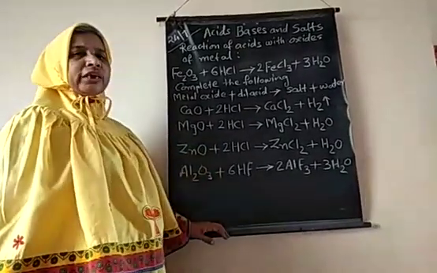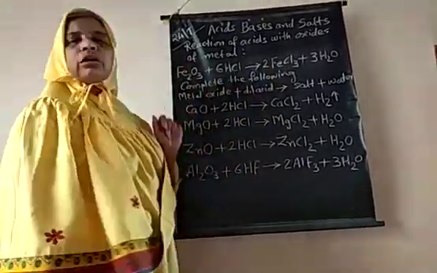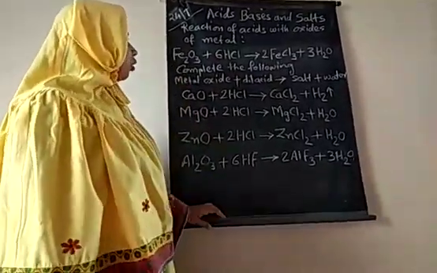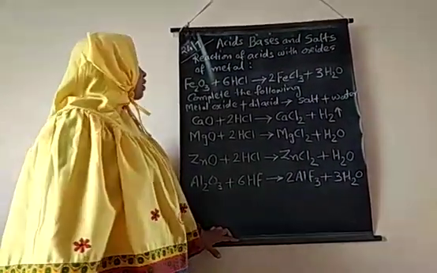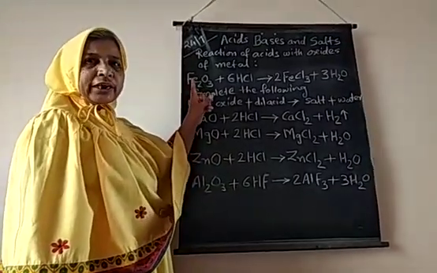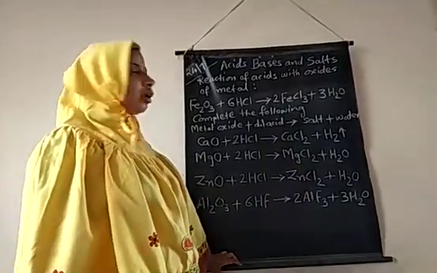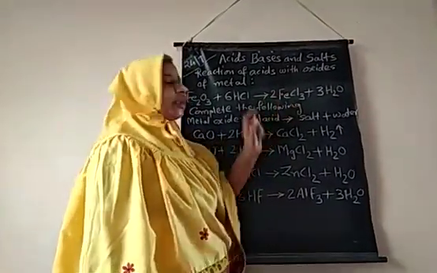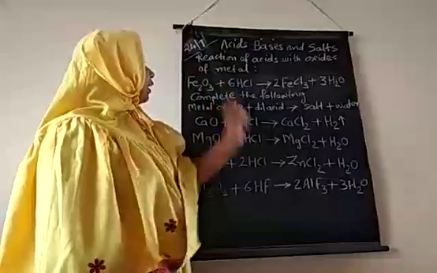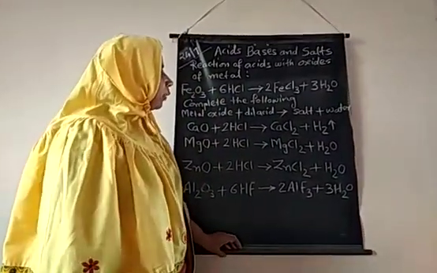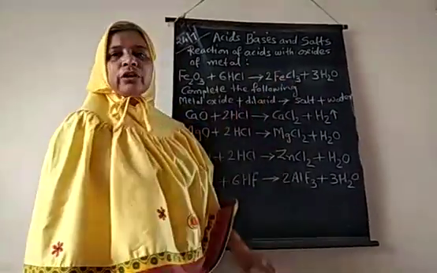Ferric oxide, this red oxide, is insoluble in water. So when we add water to ferric oxide, it does not dissolve, but it is soluble in acid, and it forms a corresponding soluble salt, that is ferric chloride, and water. So in this reaction, when metal oxides react with acid, the corresponding salt which is formed is basic in nature.